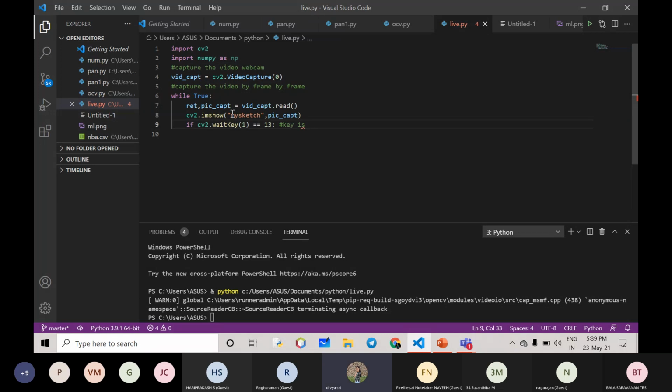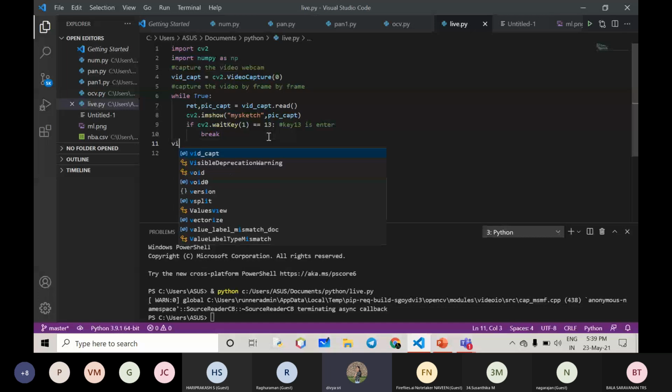In the last program we saw that the window closes only when I click the close button. Here, whenever I click the enter button, the video will be closed. So key 13 is enter. If cv2.waitKey is equal to 13, then we break.